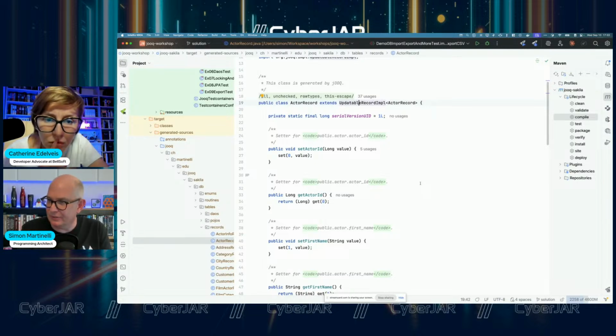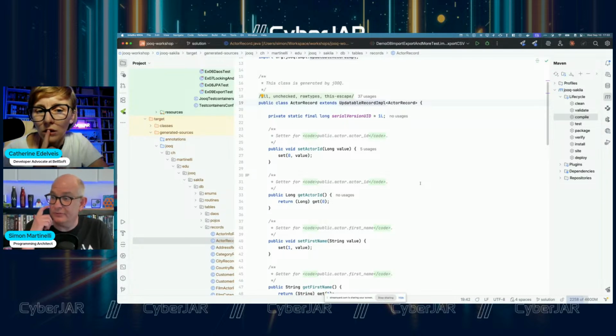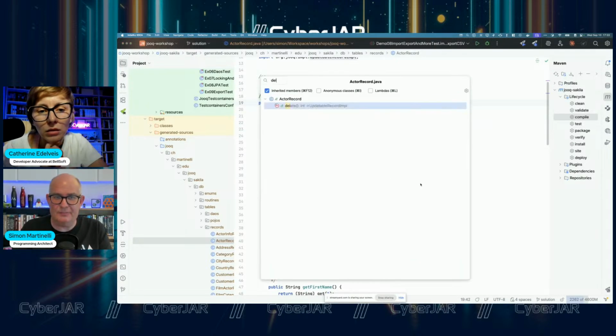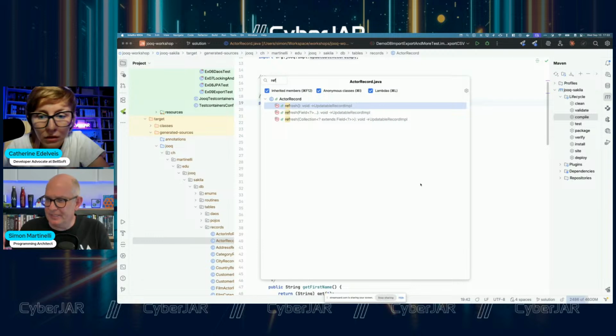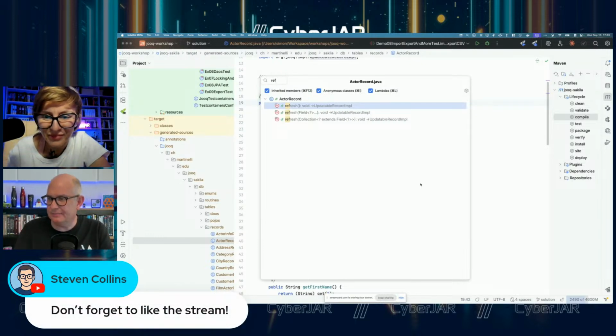So you can create a new record, set the fields, and call store, and then it will do an insert or update in the database, depending on whether it's a new or an existing record. You can also have delete. So there are some methods here. You have a delete method, and you have a refresh method that you can use to reload the record. So that's object relational mapping. In terms of it, it's a one-to-one representation of the record in the database.